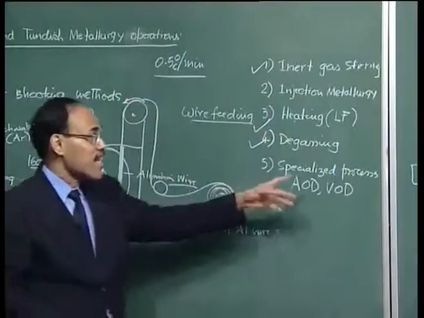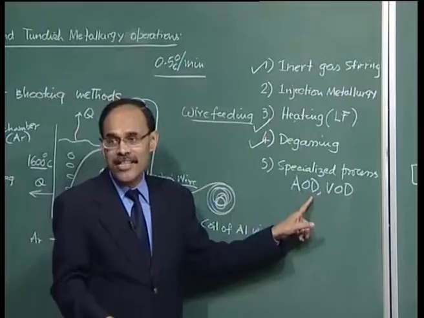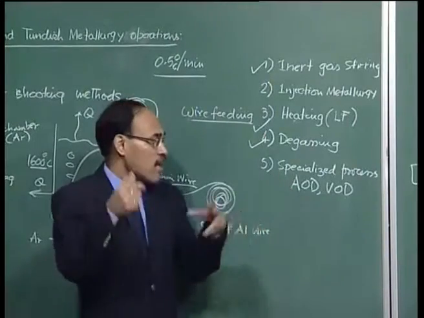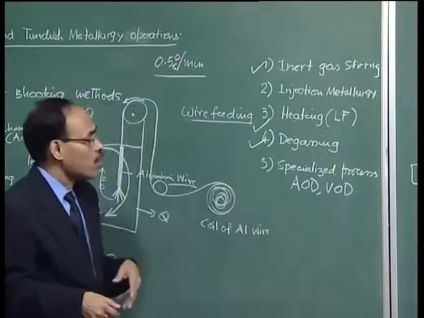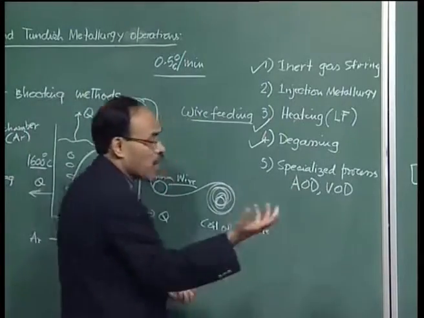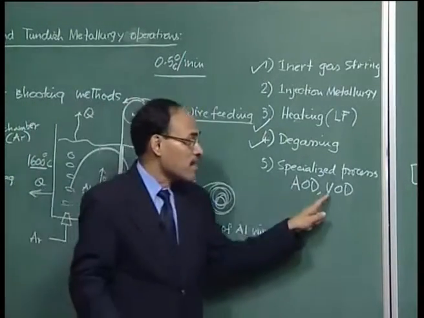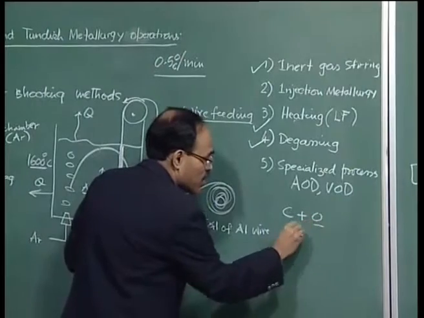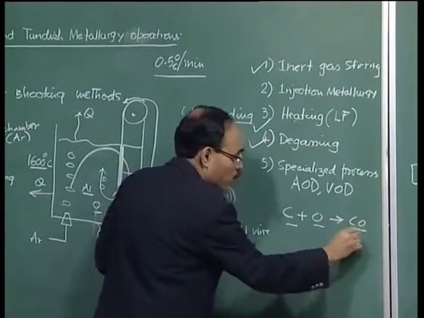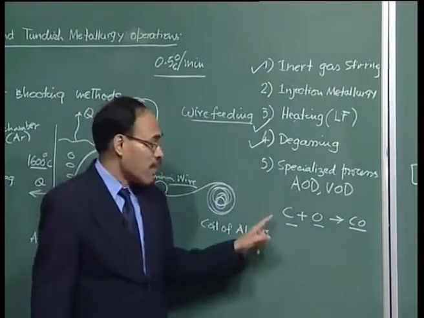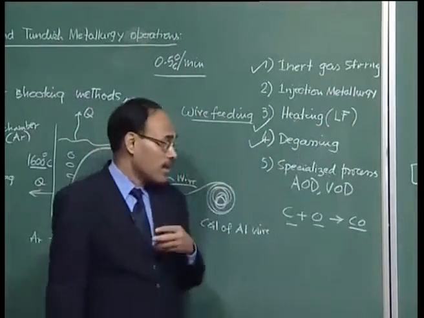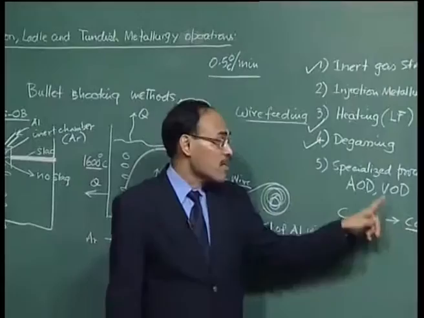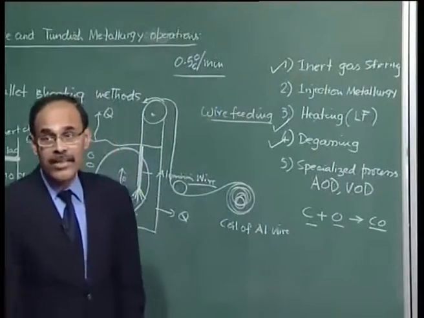And specialized processes, as I said, the names are clear: argon oxygen decarburization, because when we decarburize the bath, we inject argon and oxygen together, and this helps decarburization of the bath. The oxygen injected reacts with carbon, produces some heat, and also carbon monoxide. And this is again vacuum oxygen decarburization, because you have the reaction of dissolved oxygen and dissolved carbon, and we know that the smaller the partial pressure of carbon monoxide, the larger is the tendency of the reaction to go from left to right. So, we will be able to produce an extremely low carbon steel if you are operating at a low pressure, and this is the essence of vacuum oxygen decarburization.